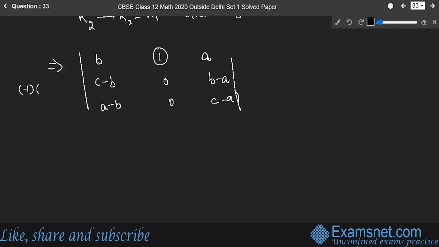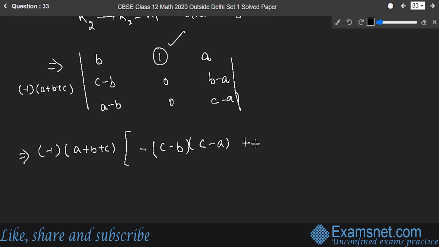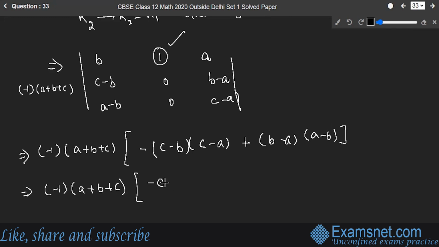One thing I forgot to write over here was minus 1, A plus B plus C. So minus 1, I'm going to solve the determinant now, A plus B plus C. Now I'm going to expand for this 1. So this will be equal to minus of minus B, C minus B into C minus A plus B minus A into A minus B, brackets close. This is equal to minus 1, A plus B plus C, brackets close. You have minus C square plus AC plus BC minus AB plus BA minus B square minus A square plus